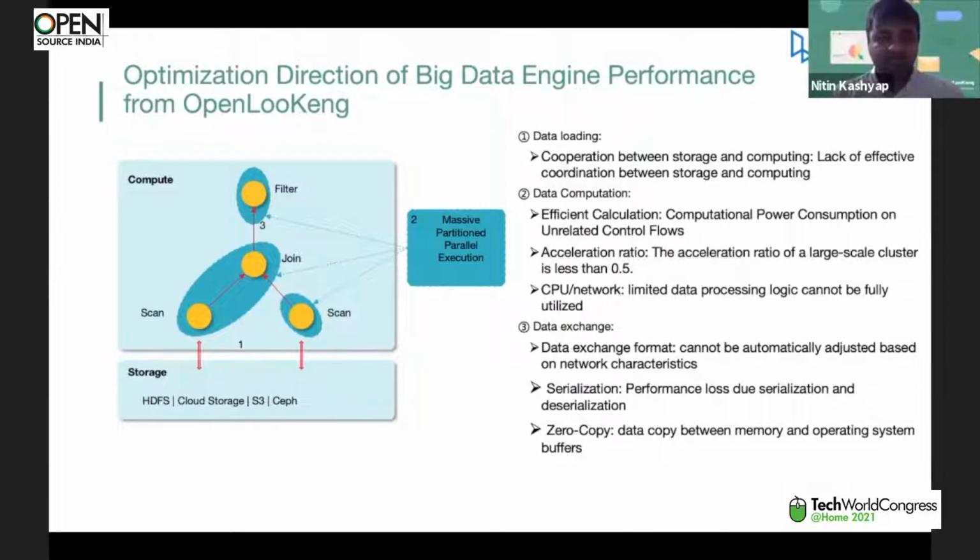We want to talk about what we want to do more in OpenLooKeng. So yeah, till now we have talked about it being an MPP engine which fetches the data from the storage, processes the data, and can give the output for analytics. But there are a lot of inefficiencies in that. One is that all the data is fetched from the storage to the compute layer, and you have a massively parallel partition